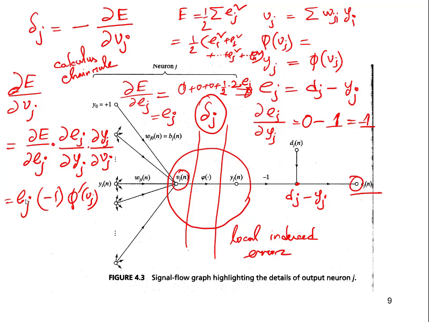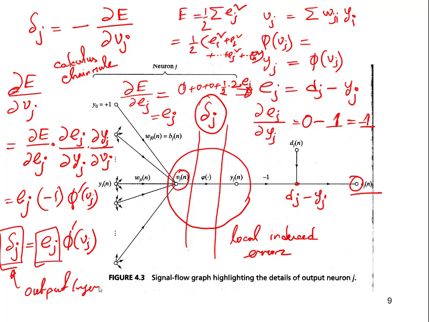So if we replace the local induced error delta J, we can say minus 1 and minus 1 can cancel out. So we can say Ej times phi prime of Vj. So we can say the error generated from the output neuron is multiplied with the rate of change of the activation function, which produces the local induced error of the output layer. So it is considered the local induced error of the output layer. Okay,